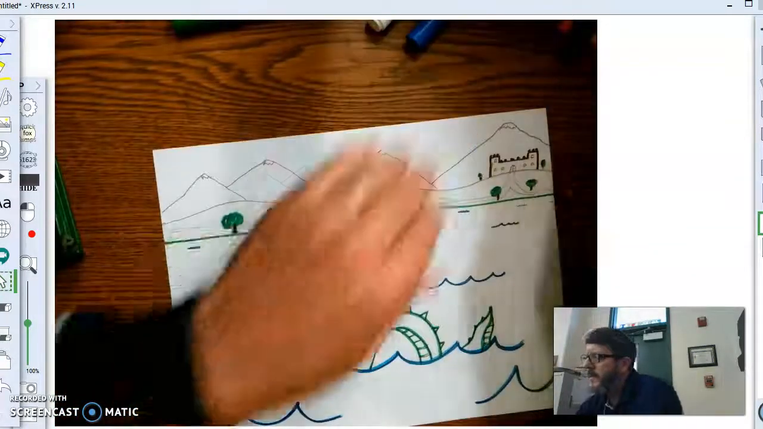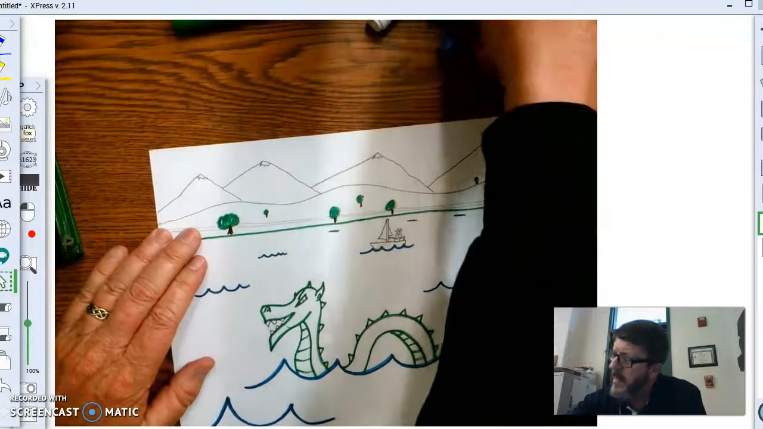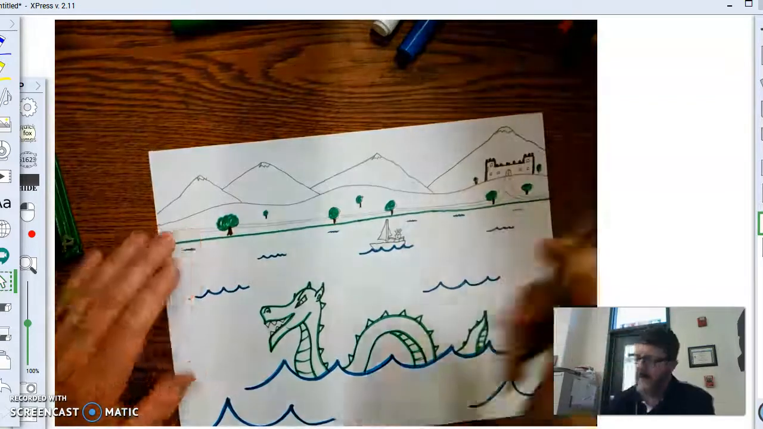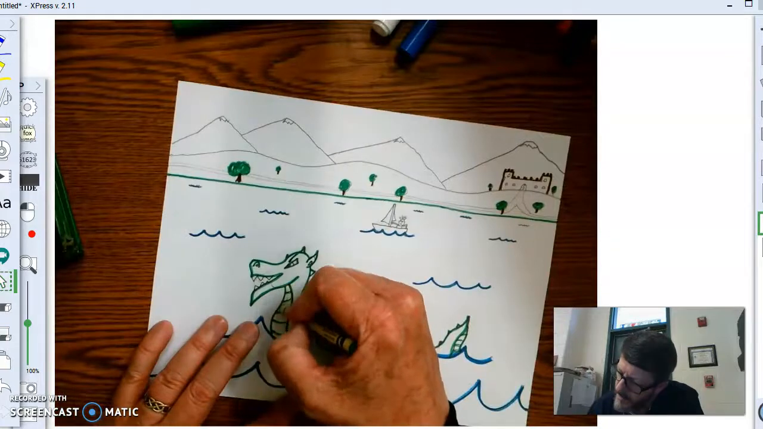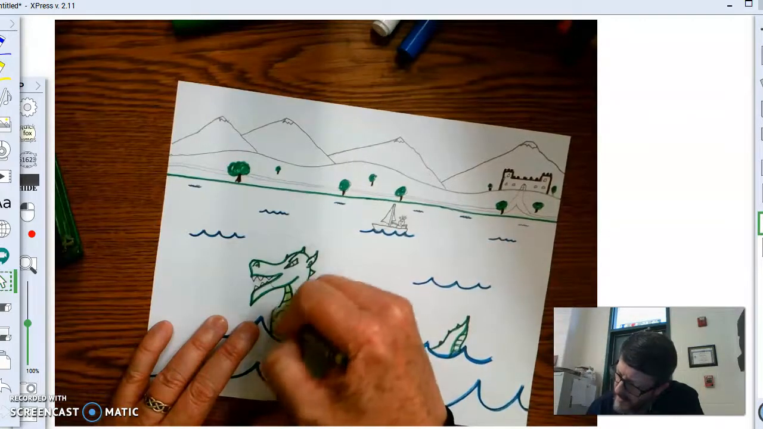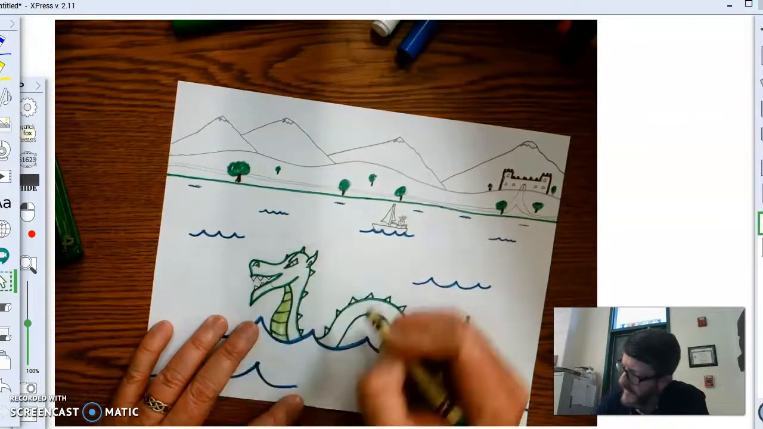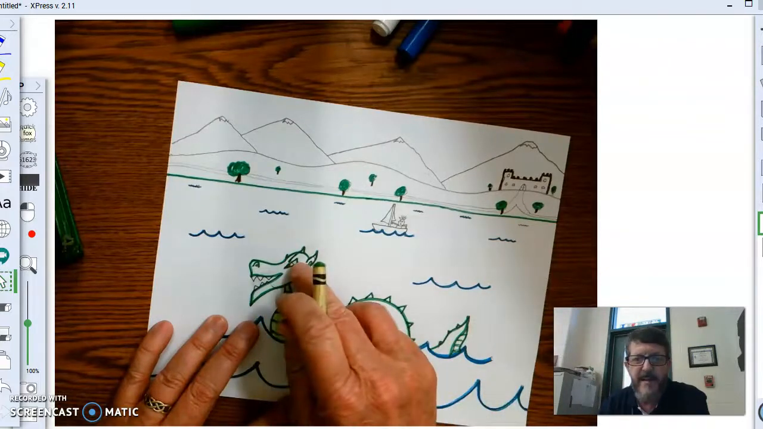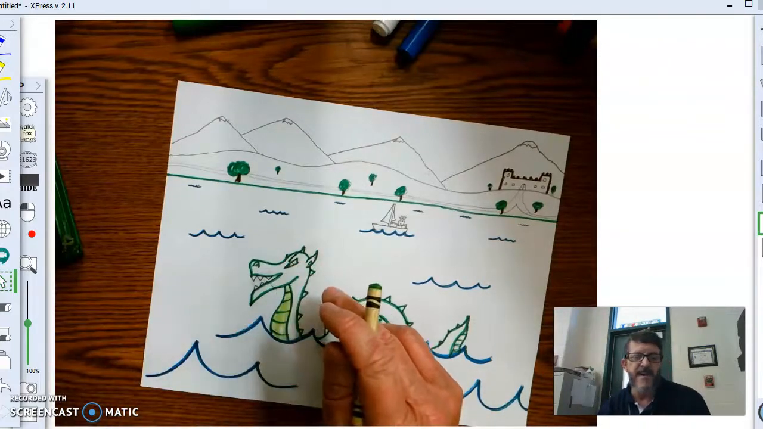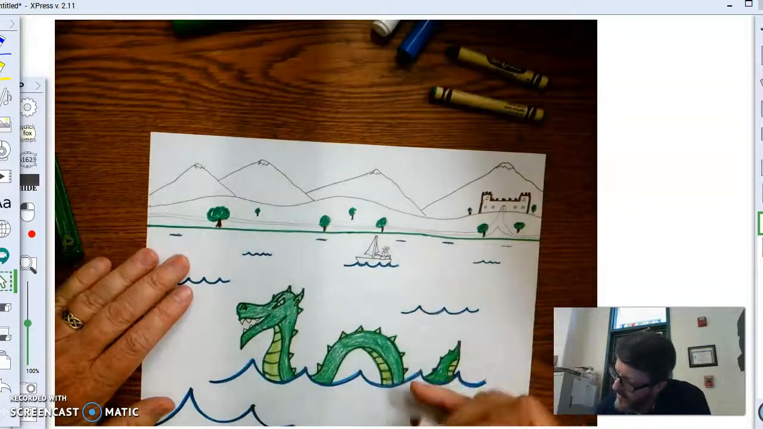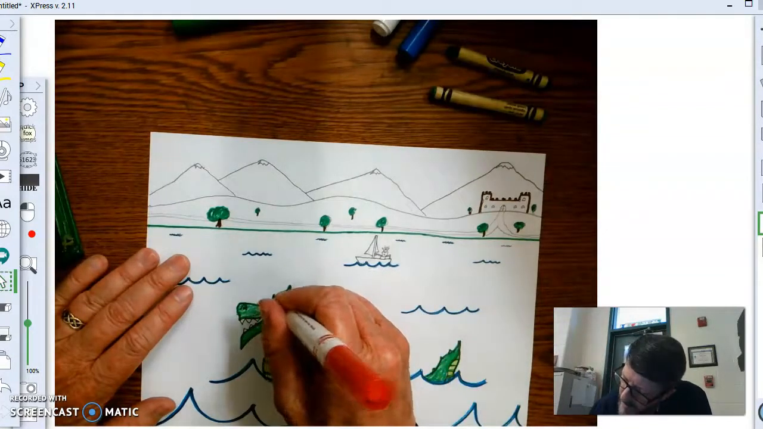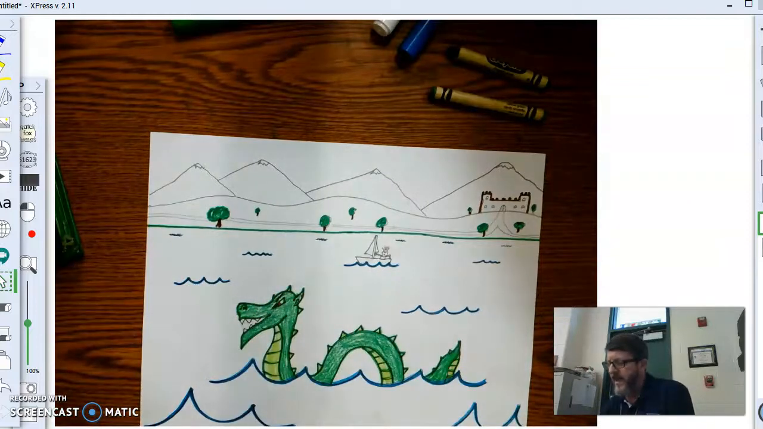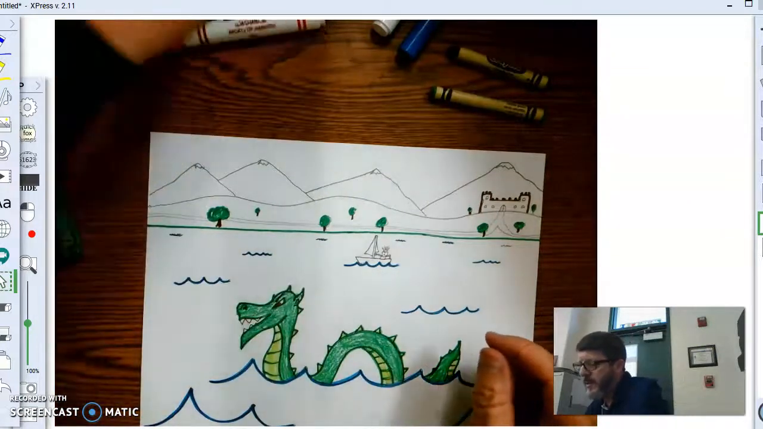And let's see here. There it is. Now when I color in Nessie, I'm going to do a light green on these inside parts. I'm going to do a darker green out here. So that's the next part I'm going to do. Alright, I finished him. I did light green on the spikes. I'm going to give him a red eye. And now I'm going to